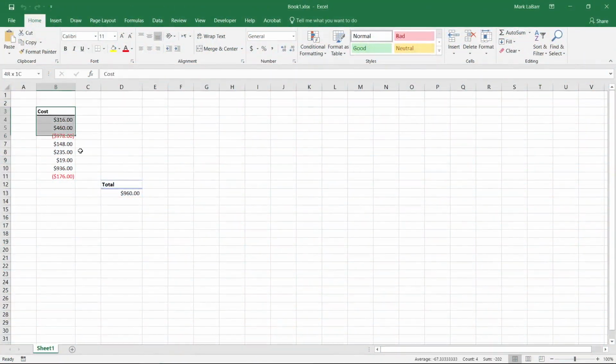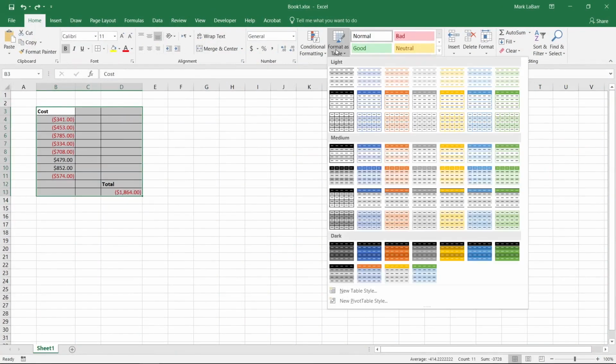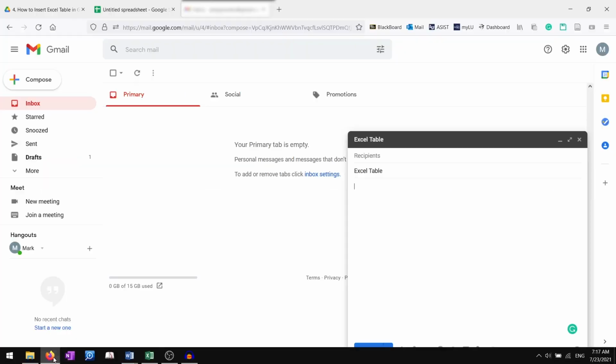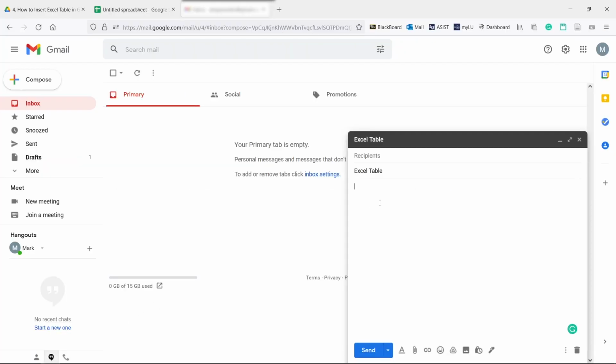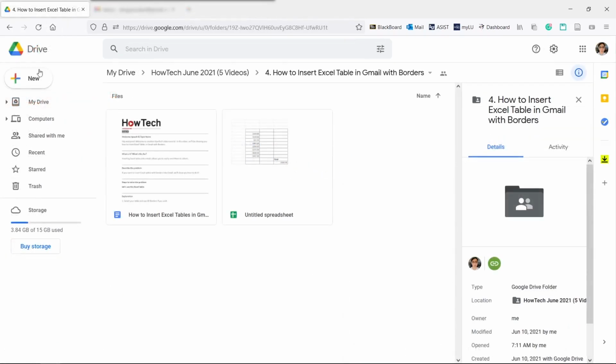Let's use this Excel table. Select your table and use all borders if you wish. This used to be difficult years ago, but now it's as easy as copying the table and pasting it into the email. If you notice that your table is not copied properly, you may need to go to